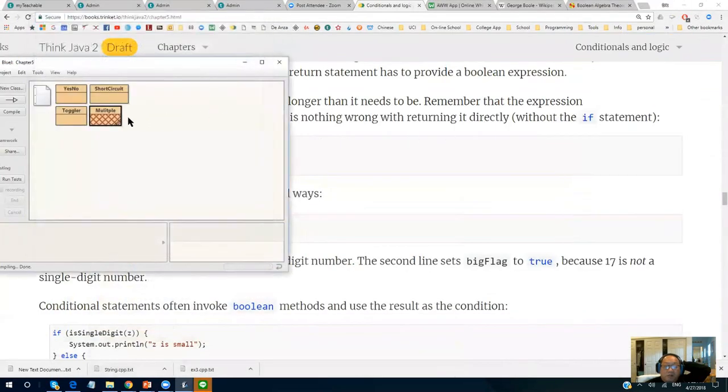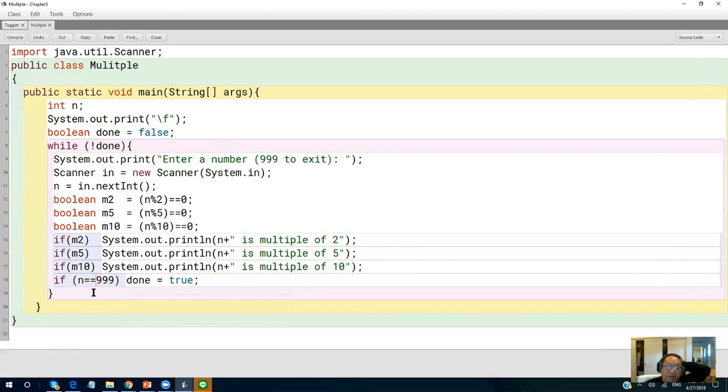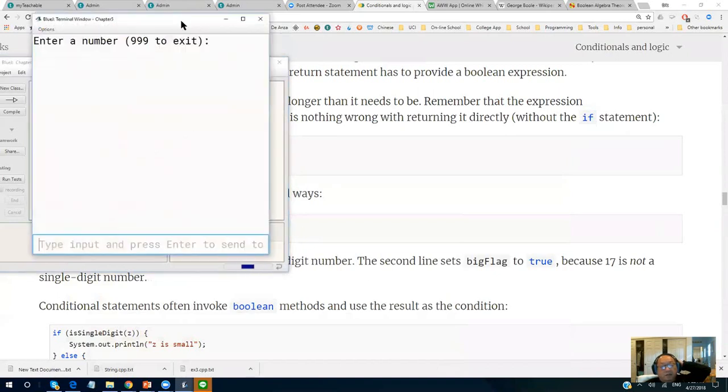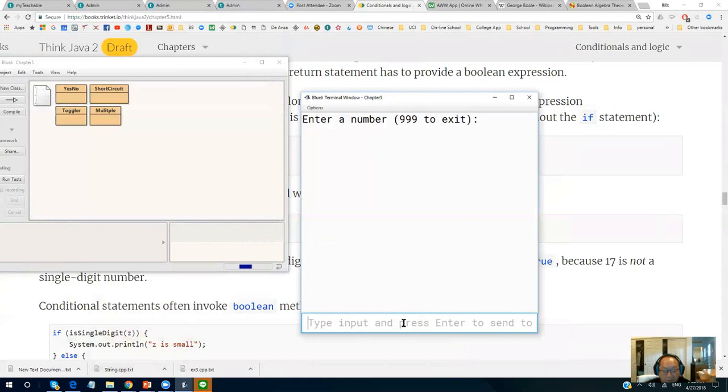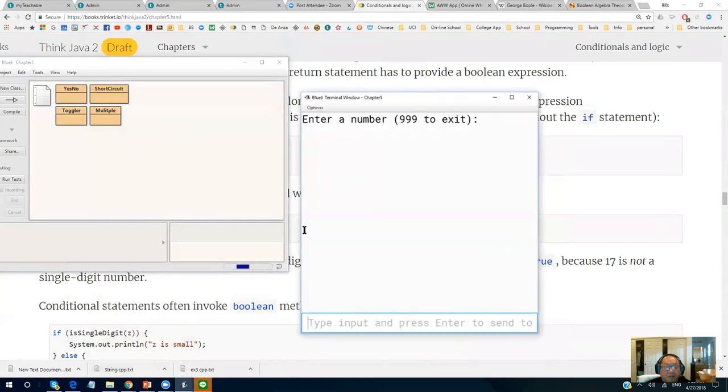So right here, let me run it. Okay, here I need to be this, not assignment. And I go, right? So first I test the 999. It will get out, right? 999 is not a multiple of anything. Now, let me try anything else.